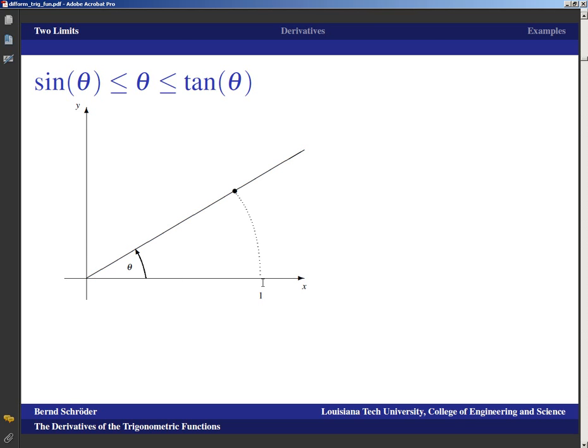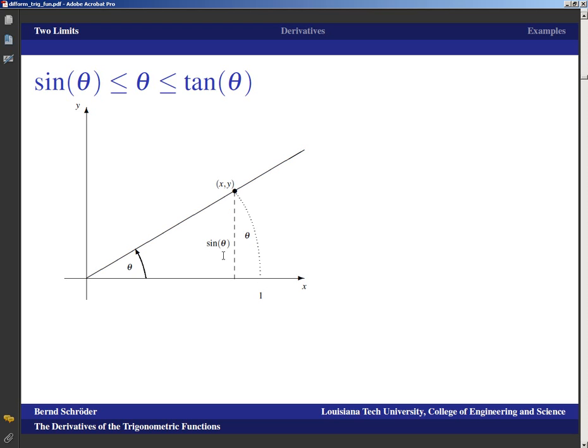So here would be 1. And sine, cosine, tangent are then all defined through this point up here. This point has coordinates x, y. But if this is theta here, then we know that this height y, that's the sine of theta, and because the radius of this circle is 1, we have that this length is 1,